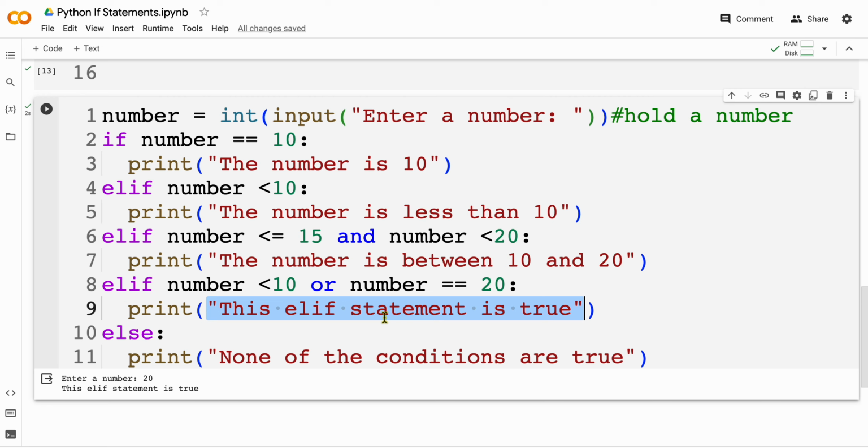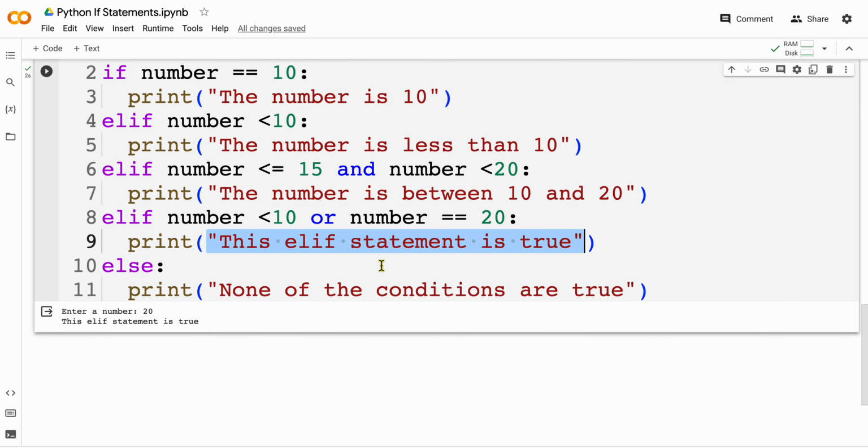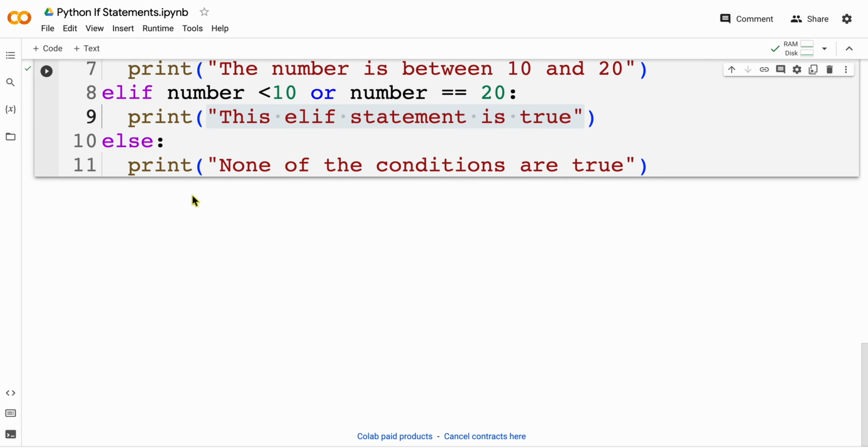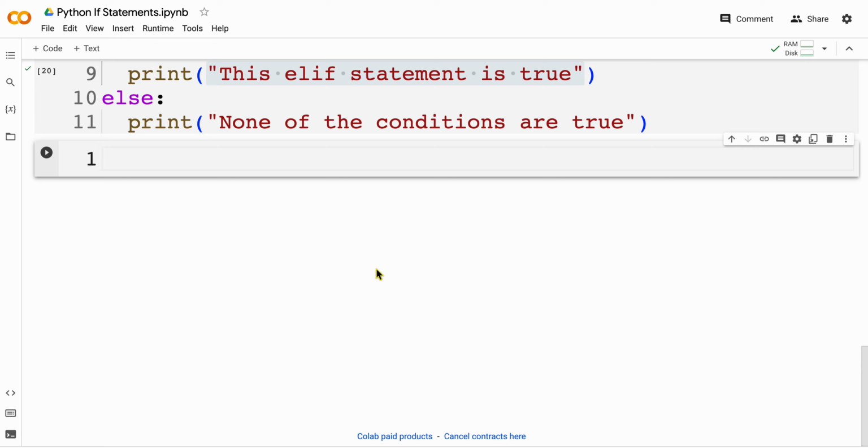But that is how you could use the if, else, elif statements. Now, there is one other technique you could use, and we call that the nested if statement. So, a nested if statement is basically an if statement inside of an if statement. So, you could test if a number is equal to 5 and if the number is less than 2 or something like that to test multiple conditions inside of a condition. So, in this case, we'll say,